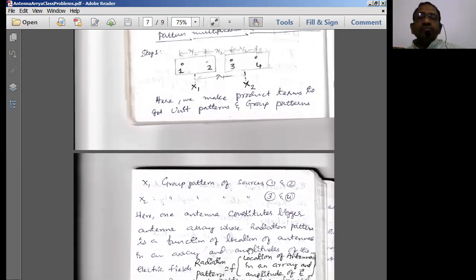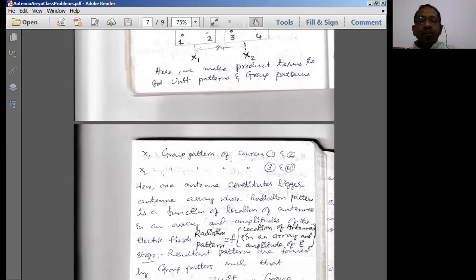So now I am grouping these two, therefore I am putting them in a rectangular bracket. These two I am grouping, and these two I am grouping. Since I am grouping these two, I am putting them in a rectangular box to say that we are grouping 1 and 2, and we are grouping 3 and 4. Like this, we should go on grouping until we get 2 point sources, because our reference is going to be 2 point sources. So we should compulsorily come down to 2 point sources. This hierarchy should decrease to the level of 2 point sources. Now we have simply decomposed this up to 2 point sources.